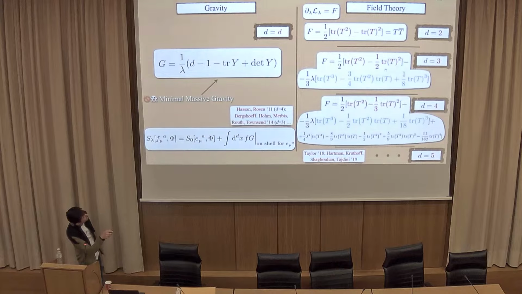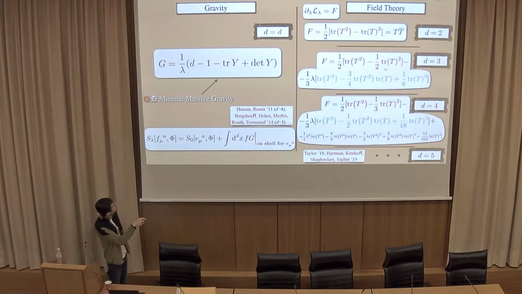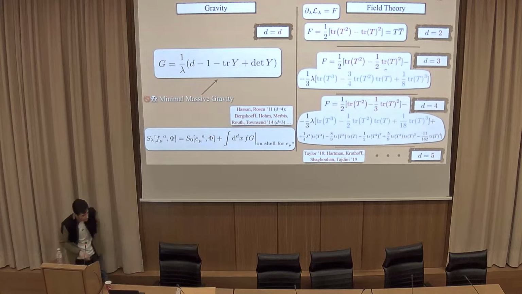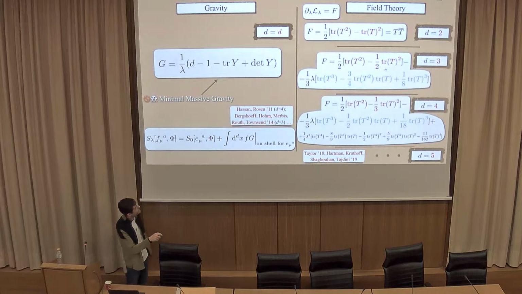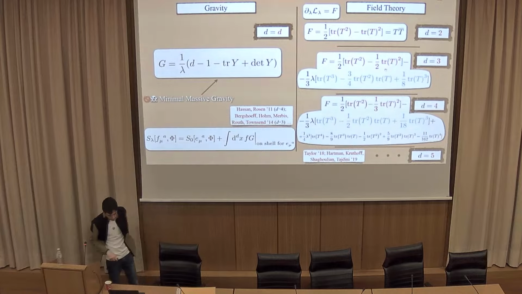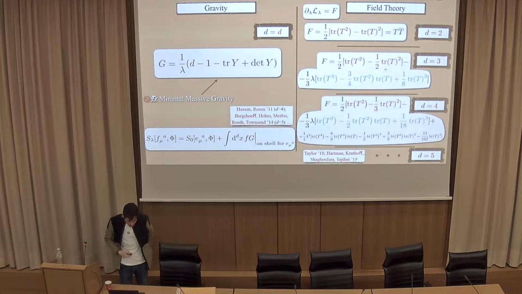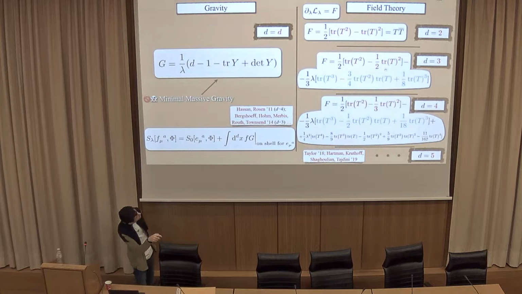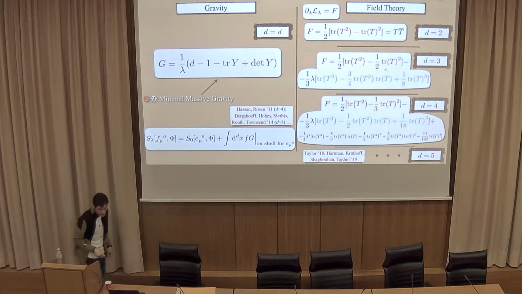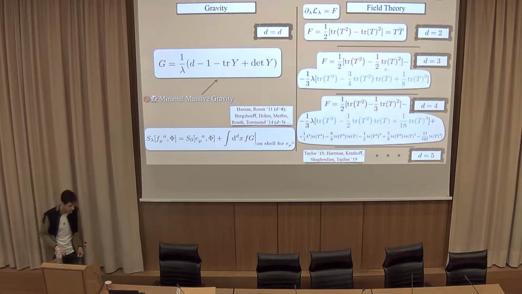On the gravity side, it's in d dimensions. So you just take this g, you couple it to your S0, and then you try to integrate it out to find your deformed theory, if you can. Elements of that also appear in 3 dimensions. You can look at this paper by Bergshoeff and friends. On the field theory side, what we say is that coupling S0 to g is equivalent, as I said, to deforming that S0 with an operator that looks like this. So in 2 dimensions, we get T T-bar. That's good, I guess.